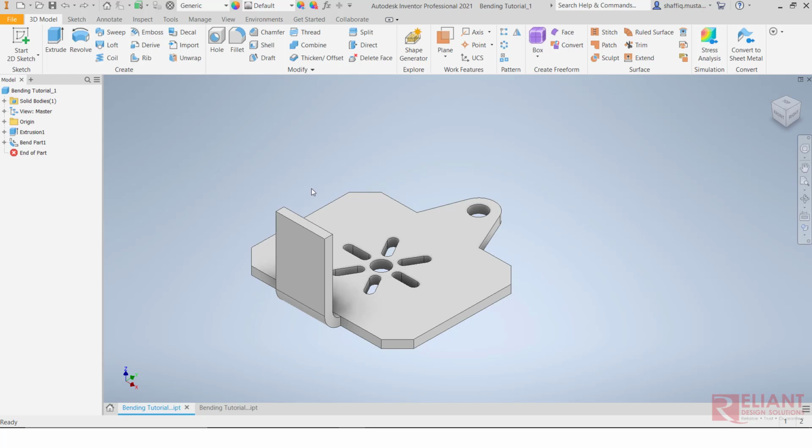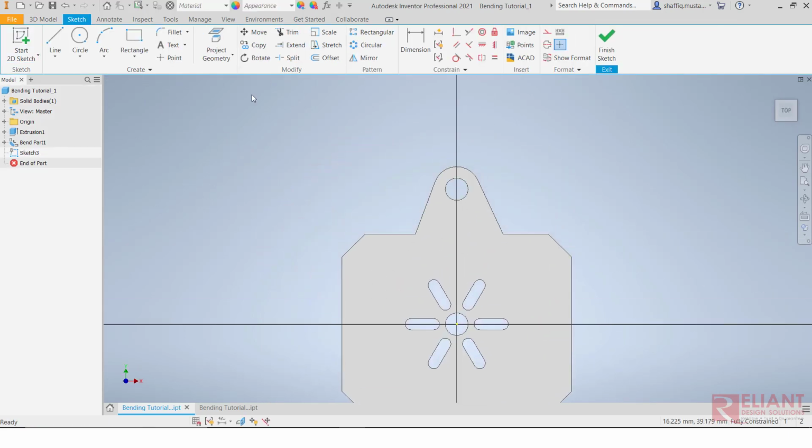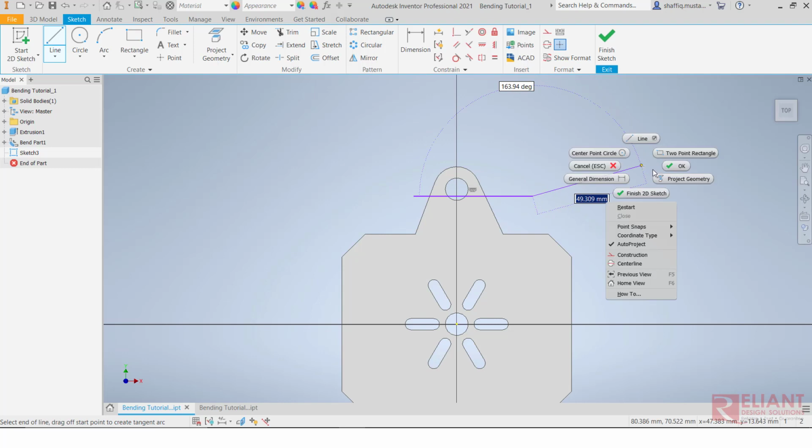So I just need to start a sketch. For example, I start a sketch on this surface, and then I draw a straight line here. Alright,